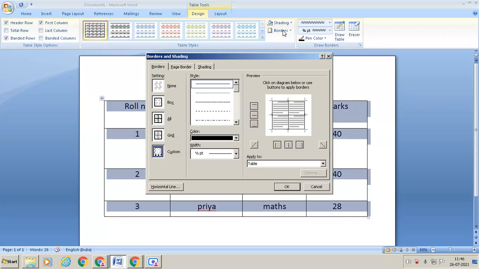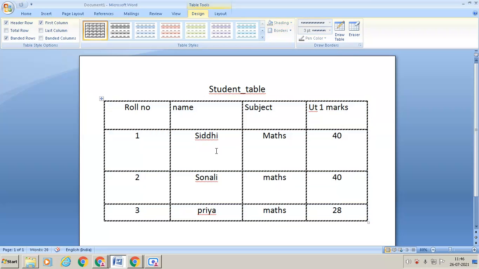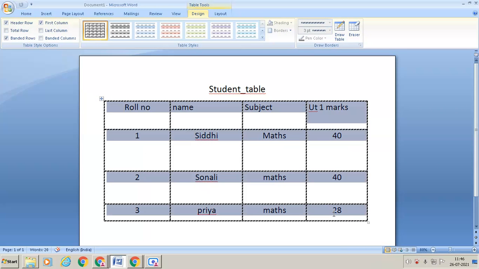I'll select the border for the table which you want to take. So I'll take this one. Okay, so this is my border for the table. It changed. Now after this border, if I want to give shading for this, then we can apply the shading.